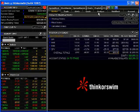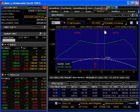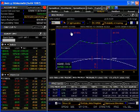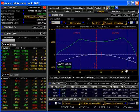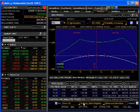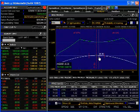Now, let's take a look. This is what it looks like in numerical form. We manage by the numbers. Now let's go over to the Analyze tab for a second. On the Analyze tab, what we do is we have a picture. We have a picture of our profitable position. And what we want to do is we simply want to take a look at and manage this portfolio. Just take a look down here. We are managing our portfolio based on all of our positions as an aggregate position. And here's where it gets really, really interesting. As I mentioned, our